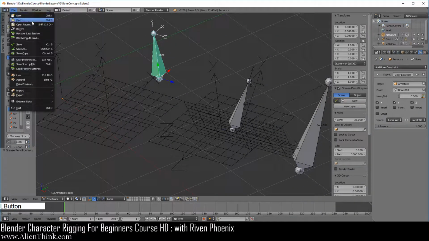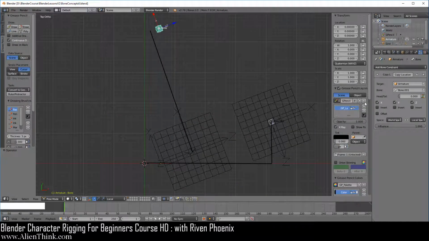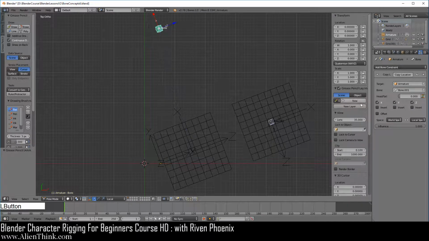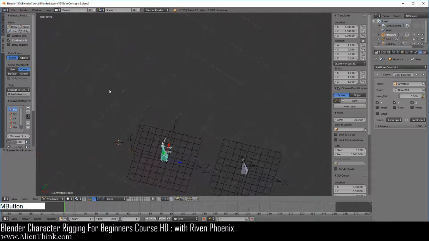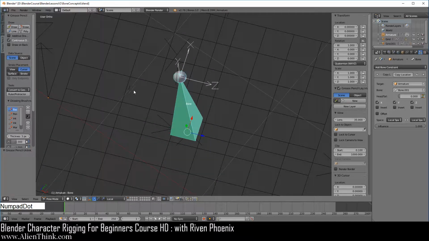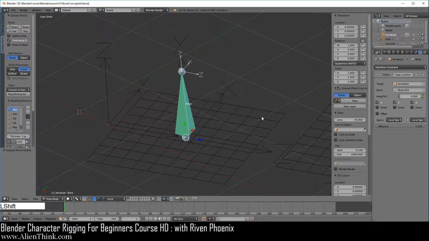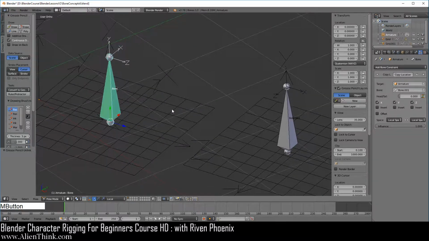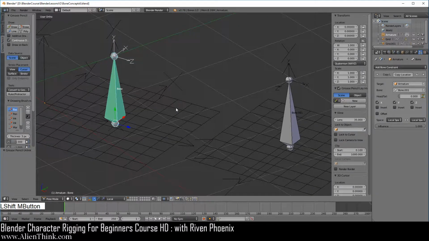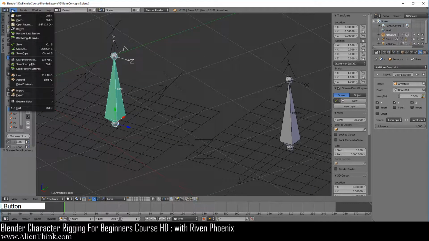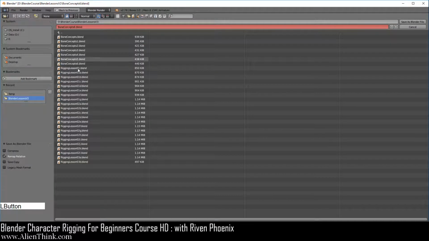So let's go ahead and now just reload this file, and let's go ahead and remove the grease pencil, switch this to local space and local space, and just press the period key to home in on it, zoom out, and here I'm just going to put it like this, and let's just do file, and here we can do save as, and let's just save it. I'm just going to click on this plus sign, so it will be bone concept 7.blend. Go ahead and save this.